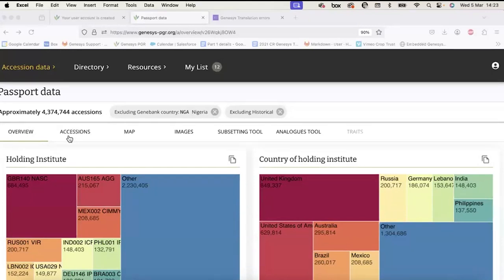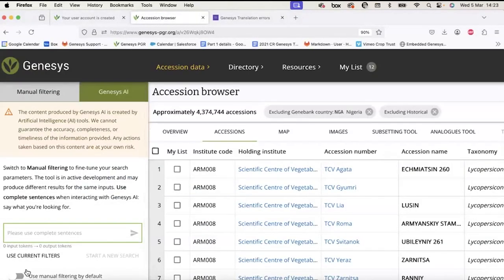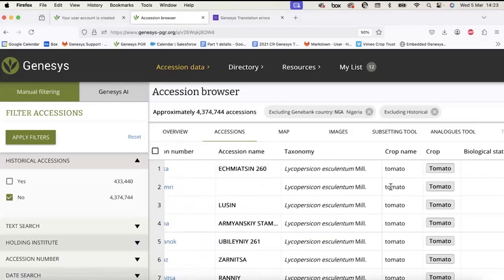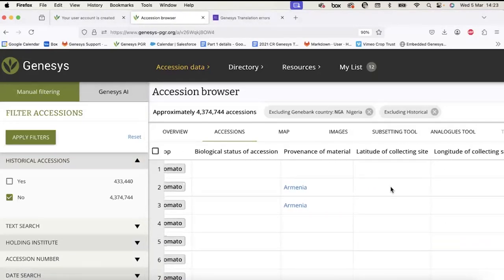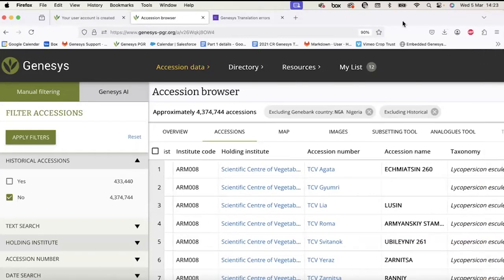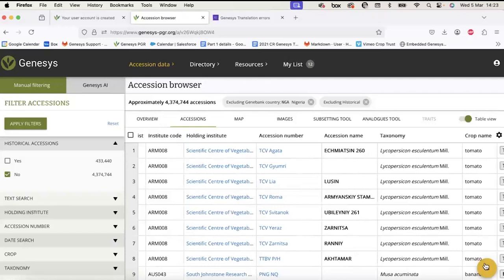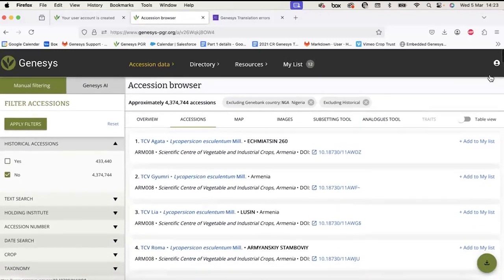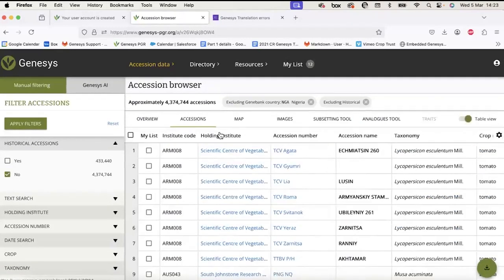Then we have the tab that's called accessions. That can either be a tabular view, like here, a table that includes only a limited amount of information. You get the full information by downloading, of course. This is only a few columns that show you the basic data. And you can download using this button here. But of course, we will go over the downloads later. And you can toggle here between the table view, which we are looking at right now, or list. We will go back to this